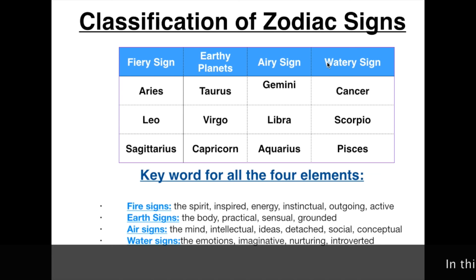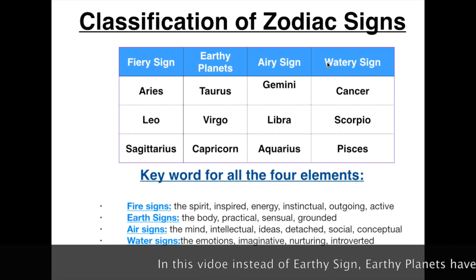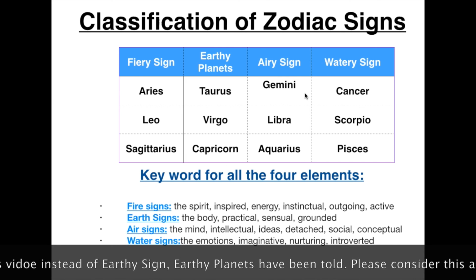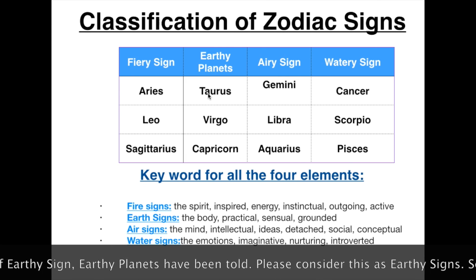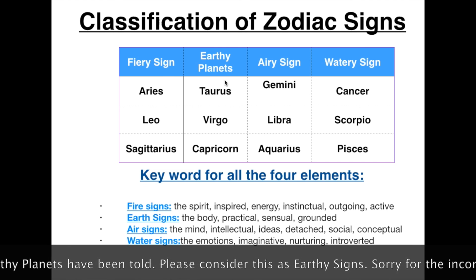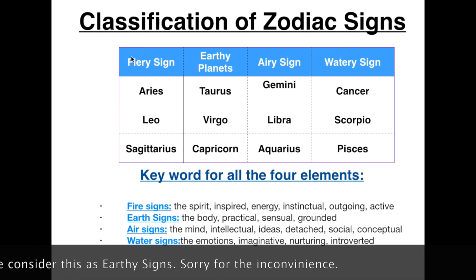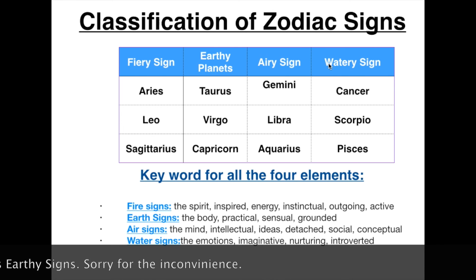So those people always get love from others. Because they are emotional, they get hurt very easily as well. So this is how they have classified. To remember that, when I was learning astrology, I made a keyword like FEAR, with the W for water replaced by rain. So you can do that, and then you can give the numbering like that, and you can remember